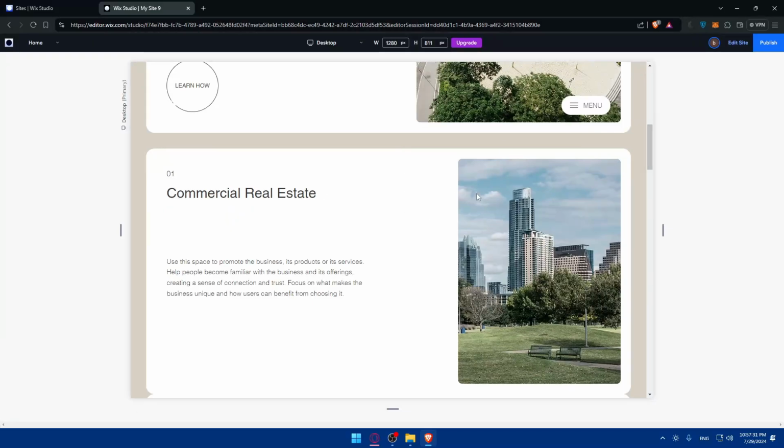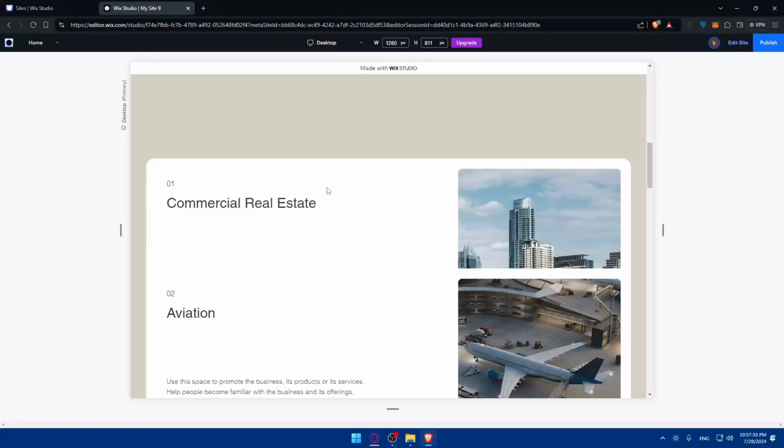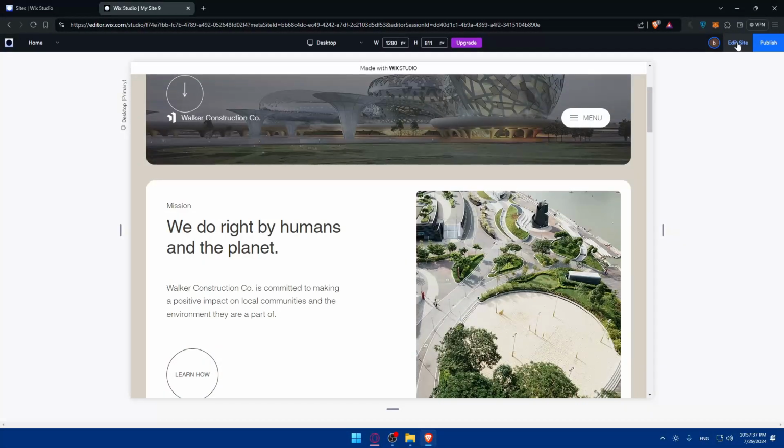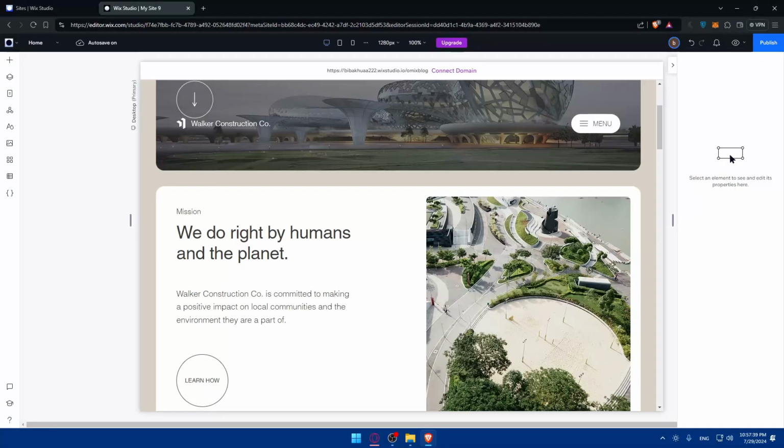If I click on preview, as an example, yeah, it's hidden. It's not there anymore. So that's basically how you hide a section. Of course, now just go and publish your changes and it will be hidden. And if you ever want to unhide this section, once you finish your changes or whatever,